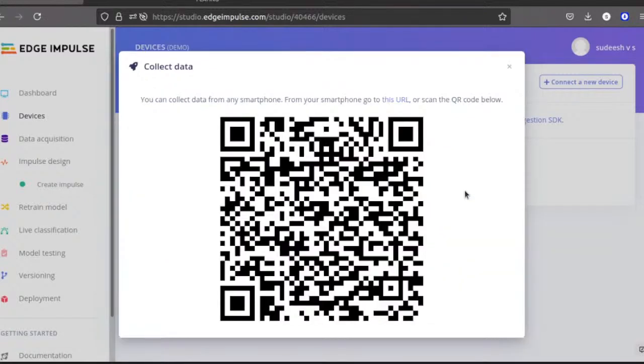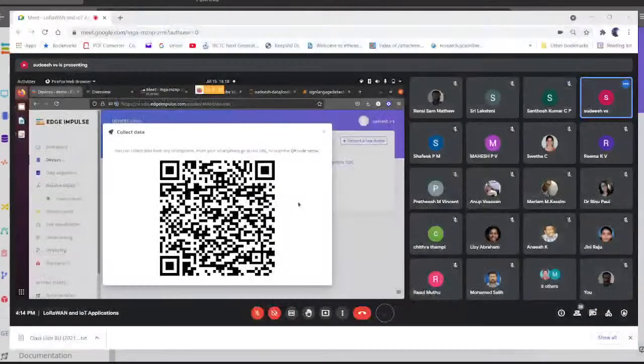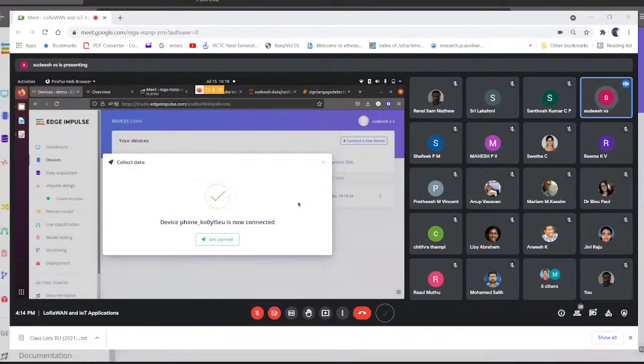It shows the QR code, so we just scan the QR. I scanned my URL, so I just connected both my mobile and my dashboard.